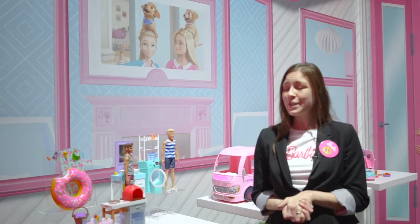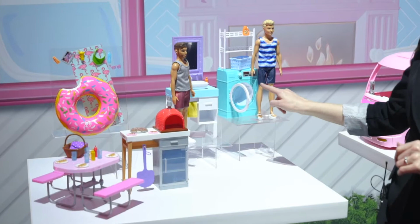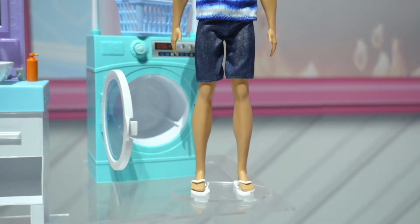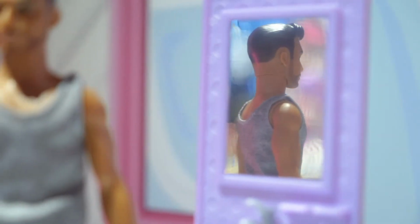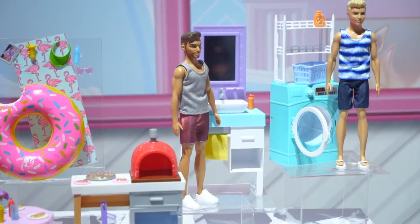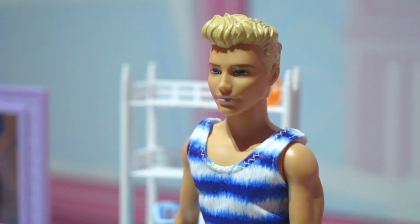So new first date, we've introduced Ken to the line for the first time. So we actually have laundry Ken. Yes, we're putting him to work. Has a fun spin feature on the washing machine, so girls recognize that from the home. We also have shaving Ken, so with a little bit of cold water, you can shave the beard off of his face, and then with warm water, you can put it right back on, so it has a fun repeat